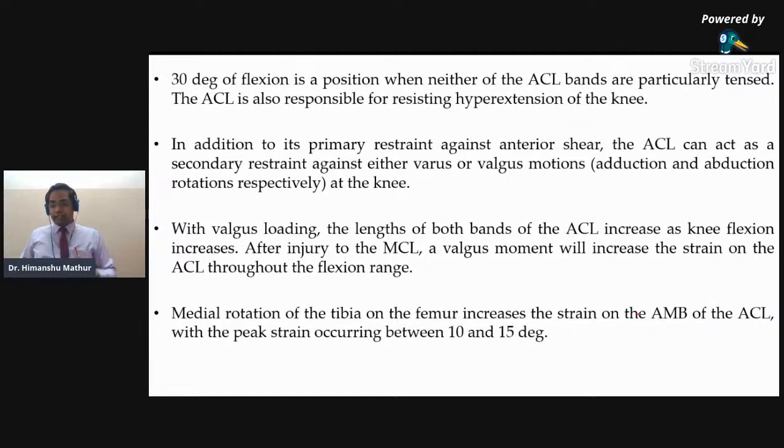और यही वो रीजन है कि जब भी मैं MCL इंजरी की बात करता हूं, जो बहुत कॉमनली वैल्गस स्ट्रेस के कारण होती है, तो usually ACL भी साथ में टियर पाया जाता है। इसका एक रीजन और भी है। मीडियल कोलैटरल लिगामेंट में हमेशा दो बैंड होते हैं, एक सुपरफिशियल बैंड और एक डीप बैंड। डीप बैंड मीडियल मेनिस्कस से चिपका हुआ होता है, और मीडियल मेनिस्कस का एंटीरियर हॉर्न आपके ACL के एंटीरियर पोर्शंस के साथ लगा हुआ होता है, तो एक से दूसरा चिपका हुआ है।